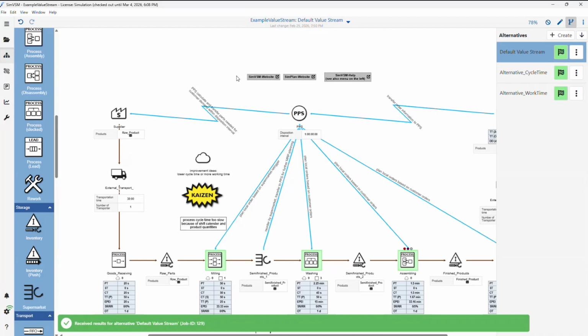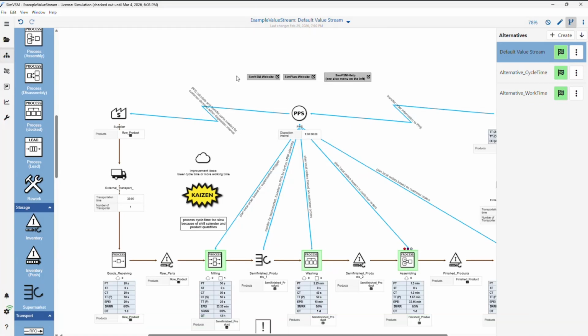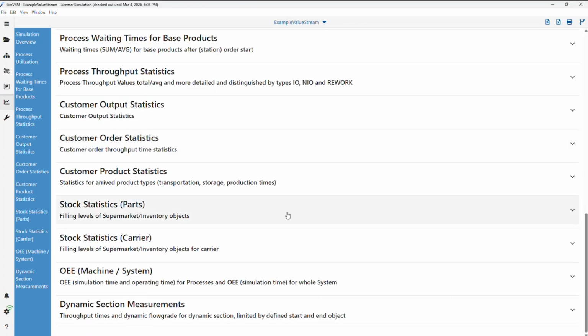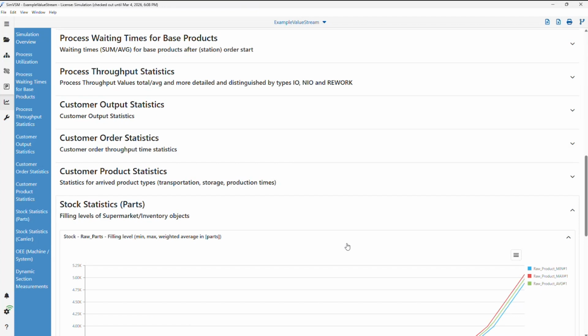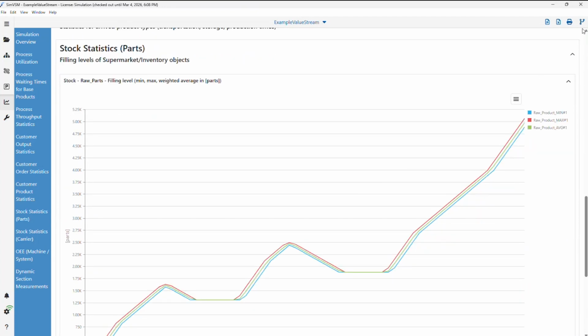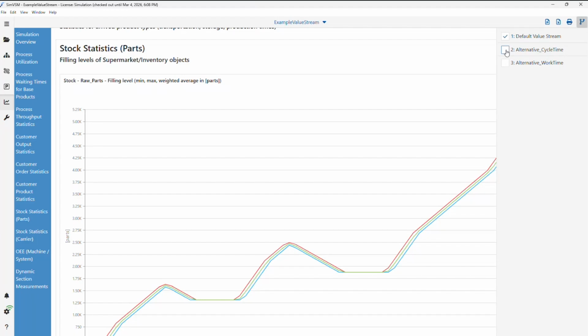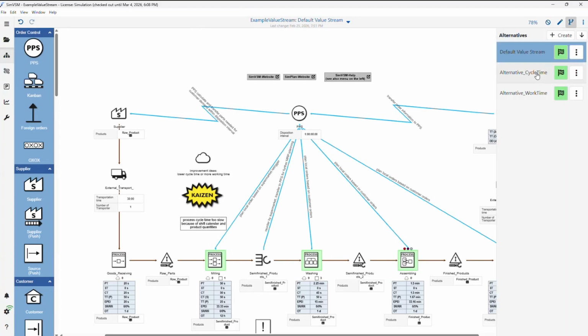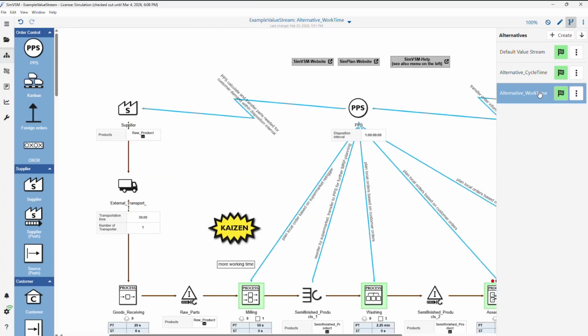The results you've seen before also are automatically collected and sent back to a front end. And now a user on the shop floor on a tablet can look at their value stream and additionally look also at the utilization, for example, or the statistics we've seen earlier with the parts. Something like this. You can have part statistics here as well, or for example also choose other different alternatives. So you can make changes to structure or parameters within the subproject. So this project not only has one alternative, but maybe another and a third one.